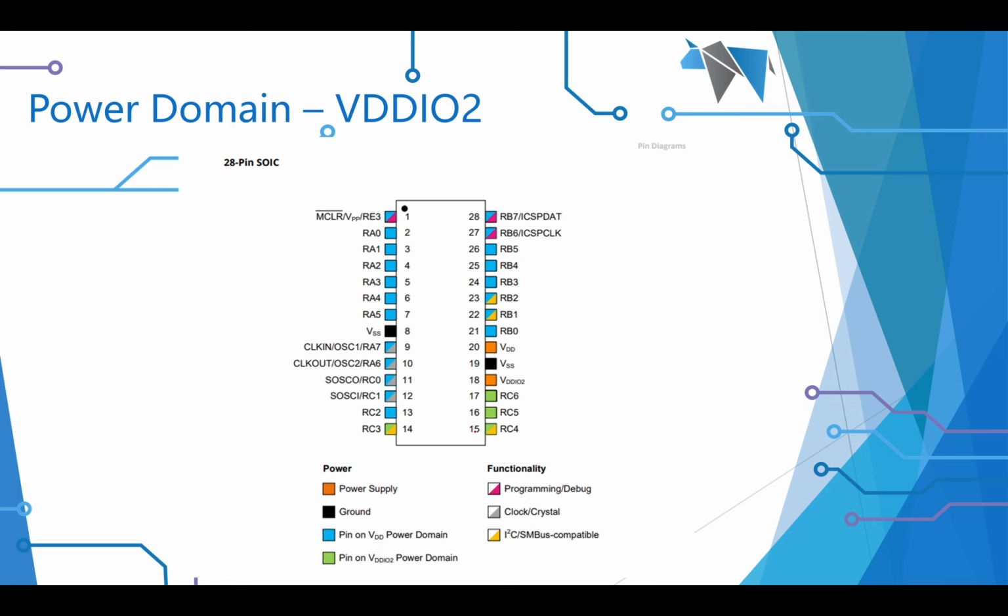So this is the chip, this is a PDIP, or SOIC, it doesn't really matter what the shape is, this is the theory. I have got my 5 volt applied to here, that's VDD. You must apply voltage into VDDIO2. Why? Because we are using this domain here, this green domain, and that is called the VDDIO2. Look down here in green, that's where it is. So if we use the green pins, we must apply power to VDDIO2, and I am using these 2 here